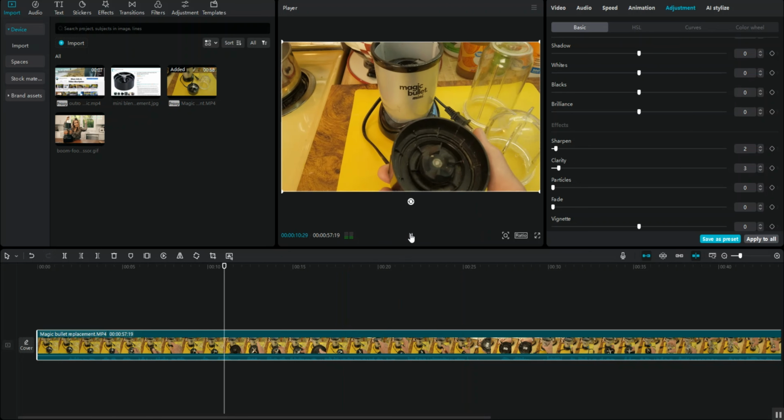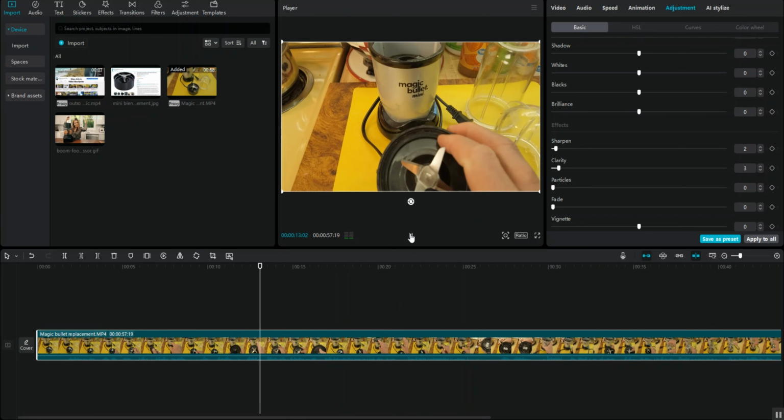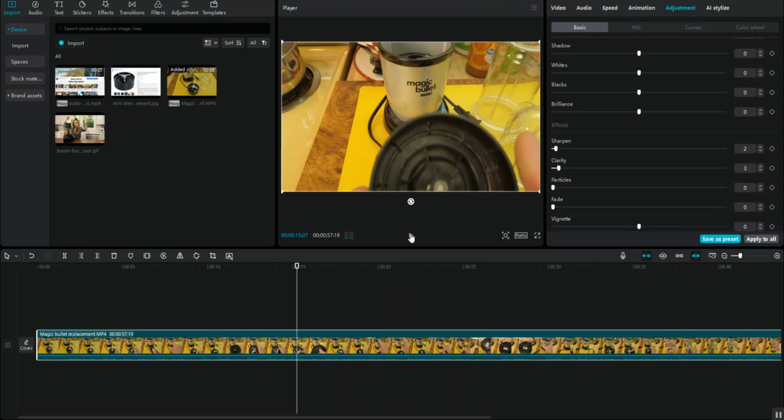This is the old blender attachment, and I lost the gasket also, so